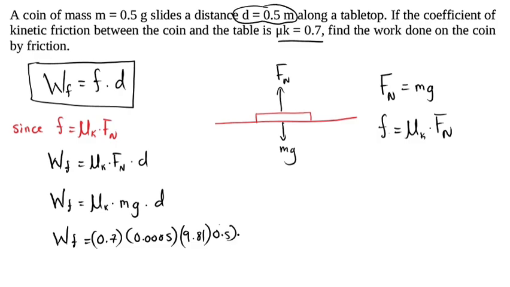So 0.7 times 0.0005 times 9.81 times 0.5. This gives us the result. So the work done is 7 times 10 to the power